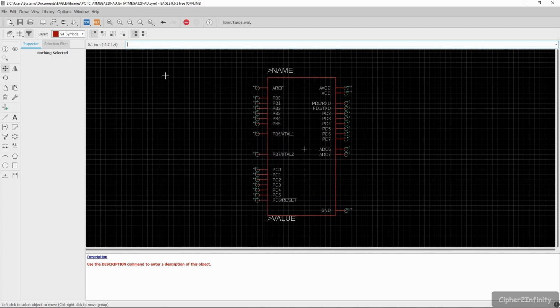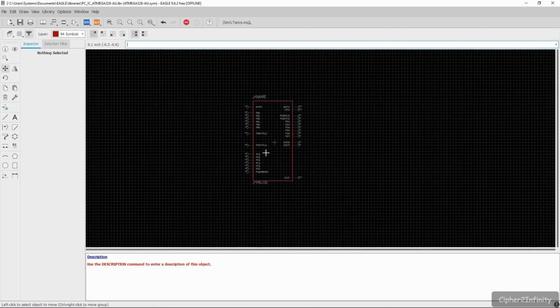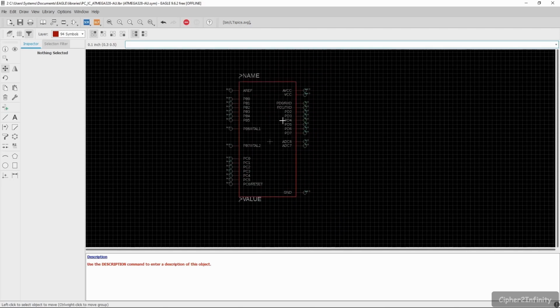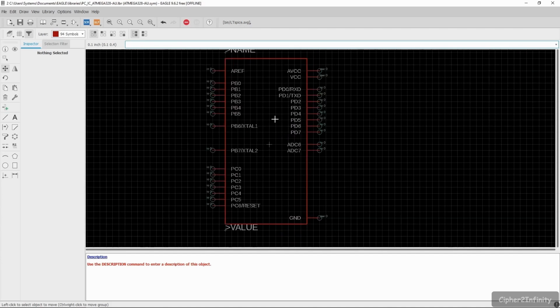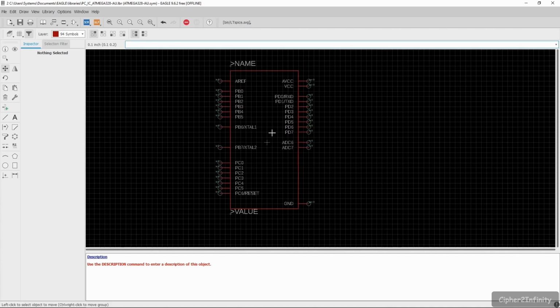Okay, let's consider that this is the center. Now we have done the changes in the symbol. So you will have to do some more changes as per your application. Here my purpose was just to show you how you can do the changes in the symbol. This is basically the procedure to do the changes. Now you just have to click on save, and then close this particular window.